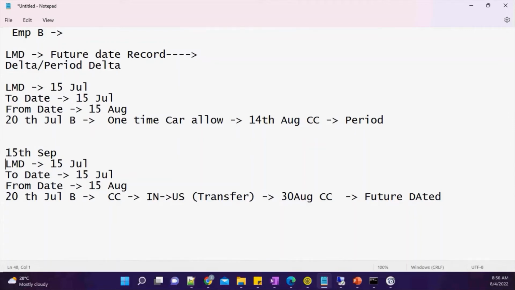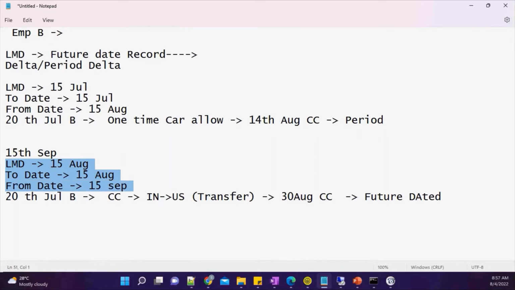So now my last modified I will be considering as 15th of August, and from 15th of August until 15th of September. Okay, so again, these three fields are very important based on your logic.